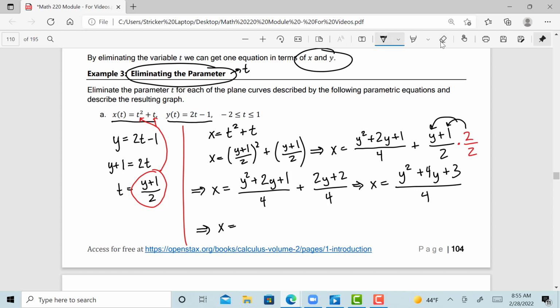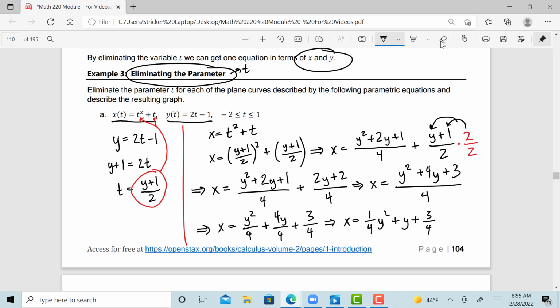So y squared over 4 plus 4y over 4 plus 3 over 4. And we can go ahead and simplify that, and it gives us x equals 1/4 y squared plus y plus